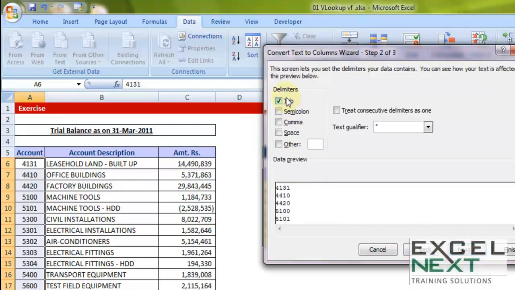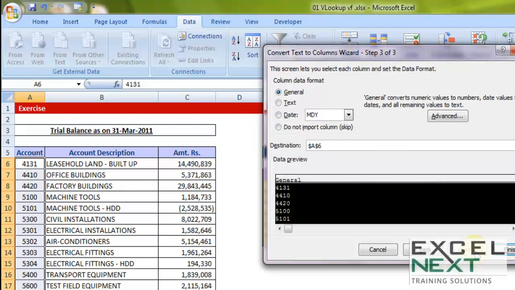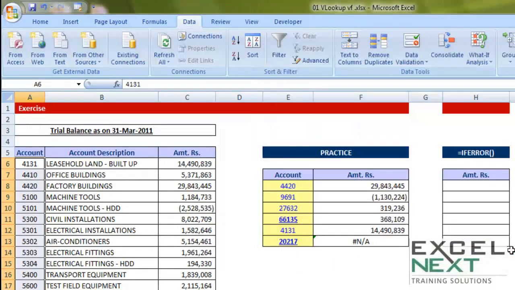Next, let me make sure I uncheck all these items. I will be talking about these combinations at a later point in time when we specifically devote our session to text to column. Once that is done, next, make sure this is chosen as the default value, General. All you need to do is Finish.